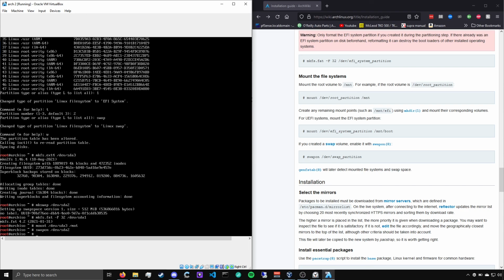I forgot how to words for a minute. Our root file is mounted and our swap is mounted. Now it says here for UEFI systems, mount the UEFI system partition to /mnt/boot. That is incorrect. At least for the current state of grub, you want to mount /dev/sda1